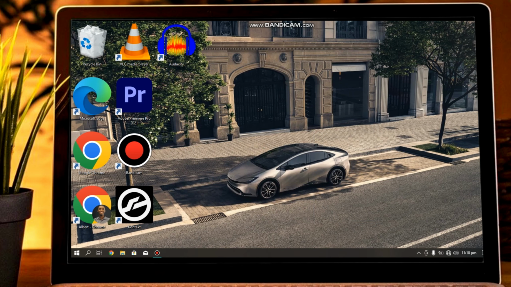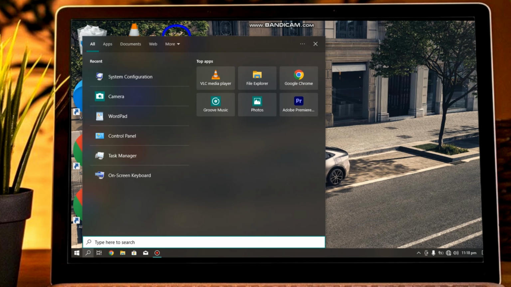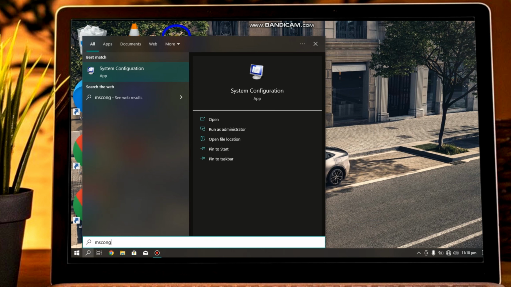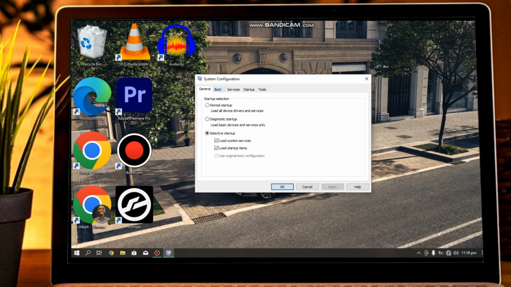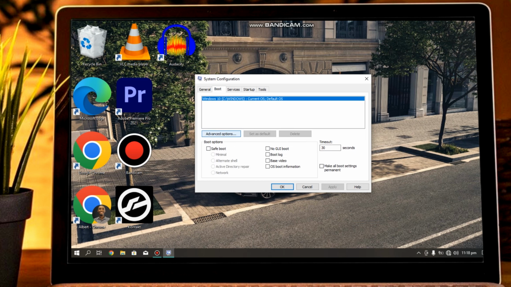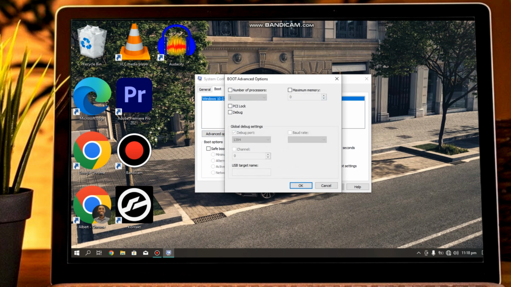All right. So I'm going to just teach you how to activate all these logical processes to kick in, and then this can actually make your computer run fast. All right guys, so once you have your computer, just come to the search bar here and search for msconfig. That should appear here, system configuration. Just click on it, and once this is opened, go to boot. Then you hit advanced options.